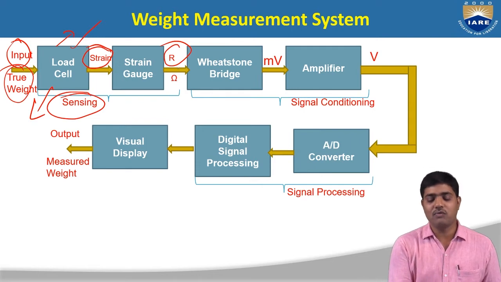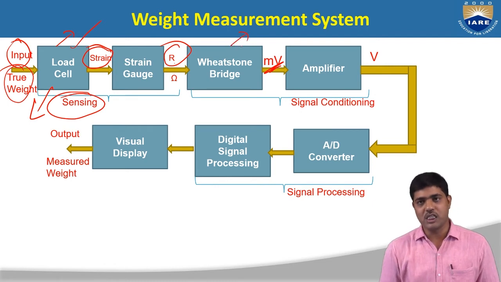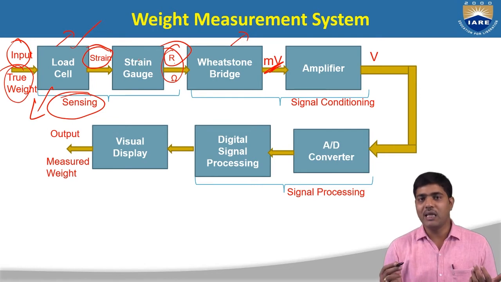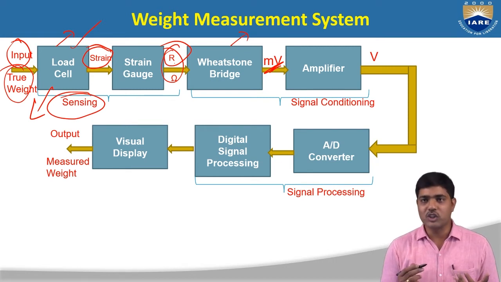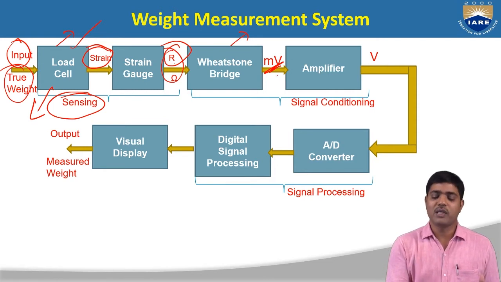Now if I want to convert this change in resistance into an electrical signal, I am going to use the Wheatstone bridge. If you place this resistance in any one of the arms of the Wheatstone bridge, then because of the change in resistance the bridge is going to unbalance, and there will be deflection of the meter connected in the Wheatstone bridge. So whatever the change in resistance, that is deflected as a change in voltage,